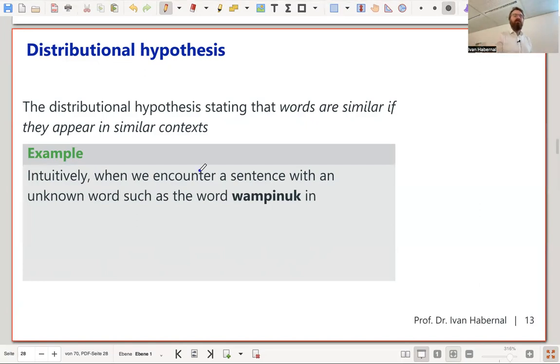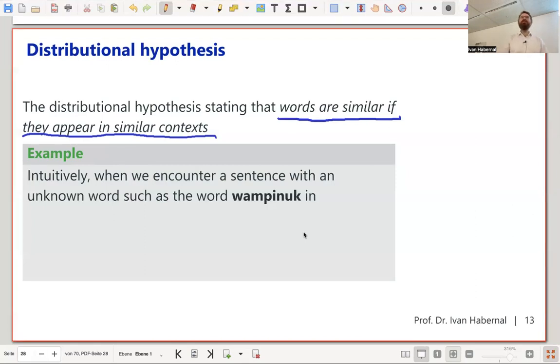We have a distributional hypothesis, which dates back to linguistics in the 1930s, 1940s, and it says that words are similar if they appear in similar contexts. Okay, so this is the distributional hypothesis. Everybody knows that. Everybody's using that. We humans are using this knowledge. Intuitively, when we encounter a sentence with an unknown word, such as the word Wampanyuk,